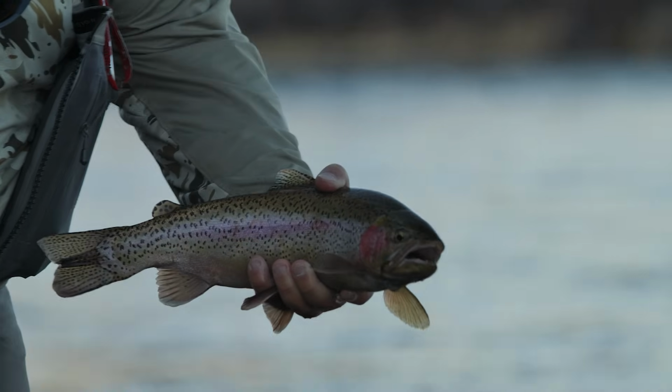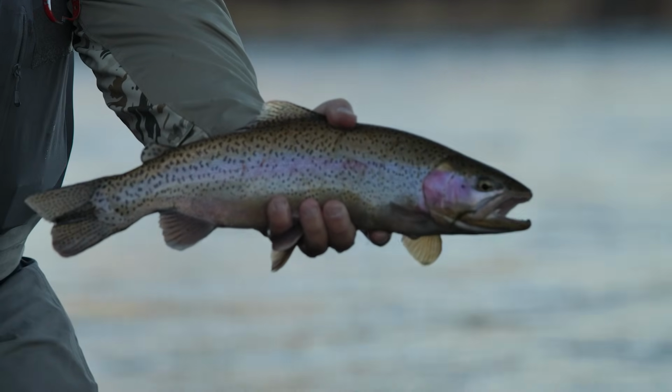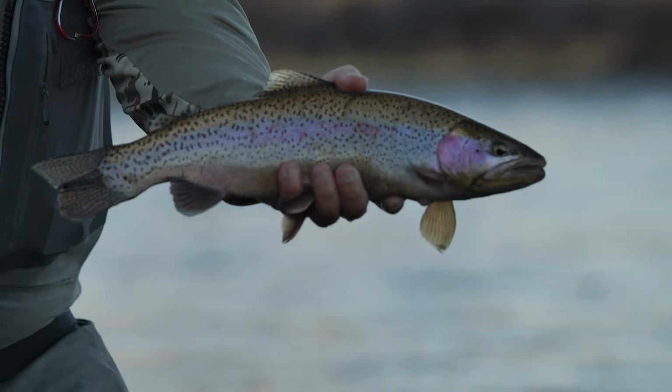You find that often though? Not too often, especially this time of the year, the colder water. I don't see a lot of the rainbows on the dries like this, but